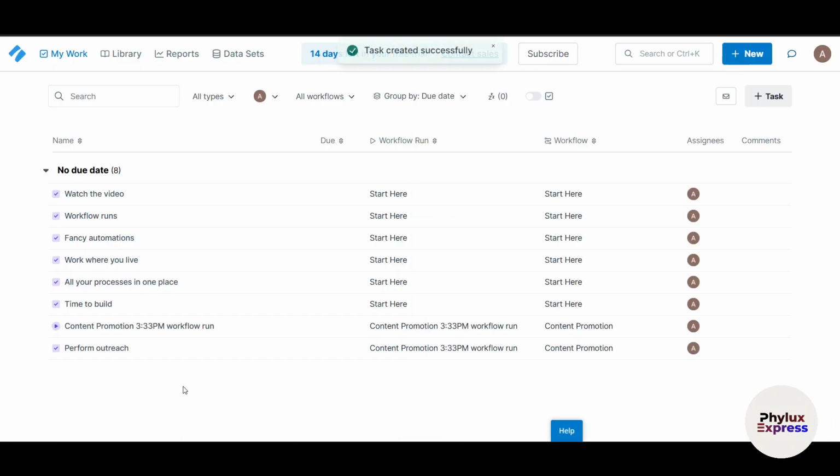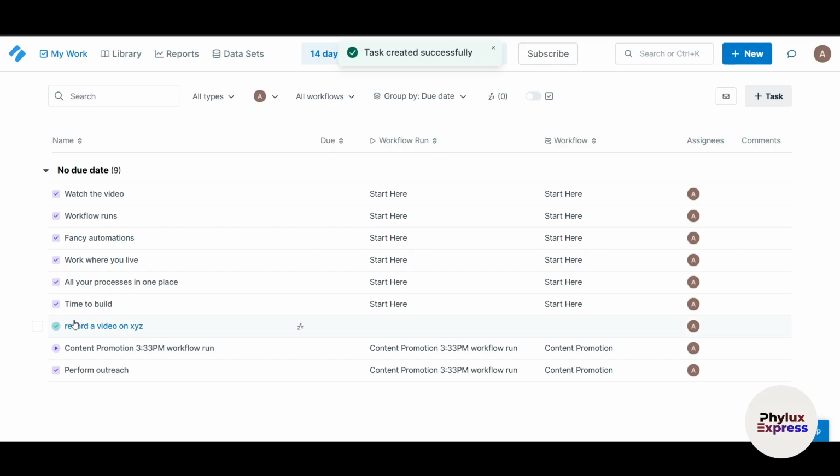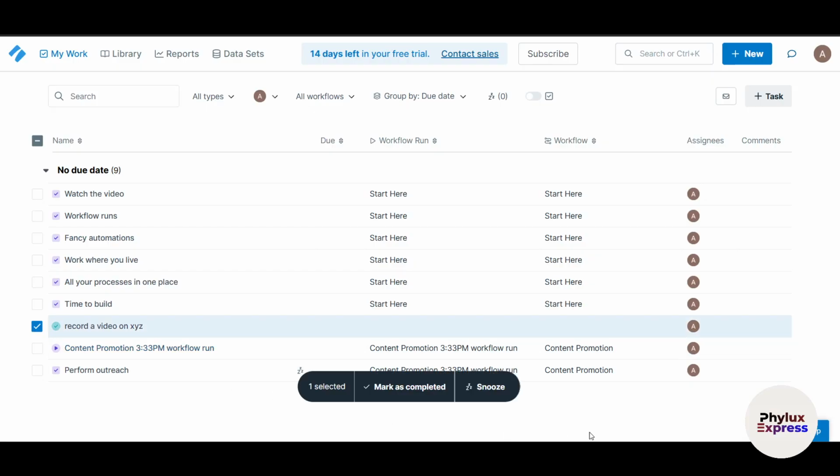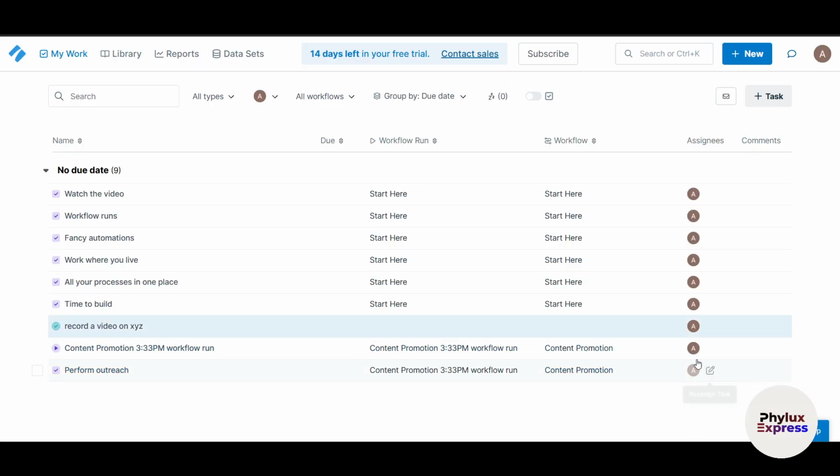Now, once I click on create, it will create a to-do list here, which is basically this one. So let's say I've completed this task. I can just go and click on it. So this task has been done, right? So you can do it for the to-do list, or you can assign your team member. You can decide who is going to do what, and you can do everything, right? And then comes this